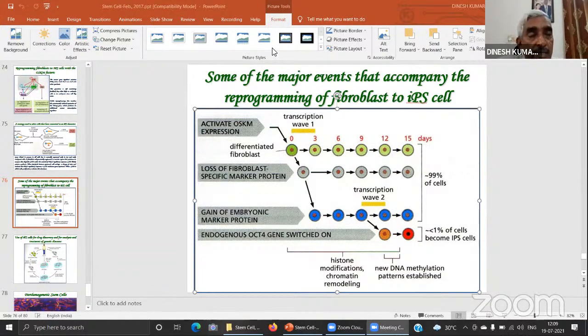But I think that is not so efficient, because there are different problems when a person is donating an organ to another person. There is an immune system problem, there is an acceptance problem of that organ. And if we are able to develop stem cells with the help of this technology, suppose you have to transplant a kidney or liver,